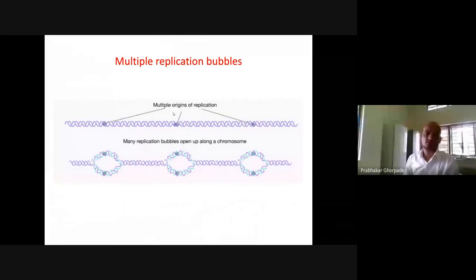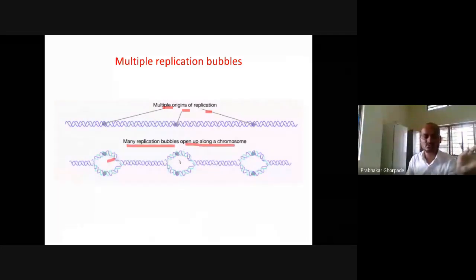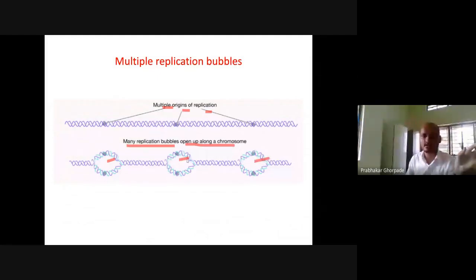This is an example of multiple origins of replication. If it is a eukaryotic cell, our genome is very large, so we need multiple replication bubbles. We want to start replication at multiple sites. In contrast, a bacterium may have one origin of replication, because it contains a very small, circular genome, and one may be enough. But in eukaryotic cells, we need many replication bubbles, and they open up the chromosome. So this is one bubble, two bubbles, three bubbles. The DNA is opening, and now the double strand is separating into one strand and another.